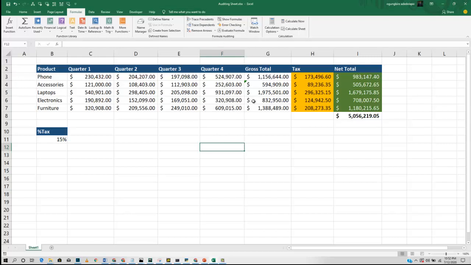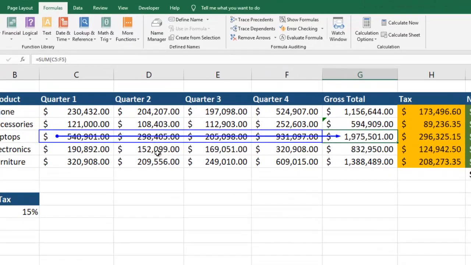So we'll be taking a look at Trace Precedents. What it does is it works on a cell that was calculated using an Excel formula. Let's take a look at this particular cell, for example, with $1,975,000. Clicking on it and then clicking Trace Precedents,